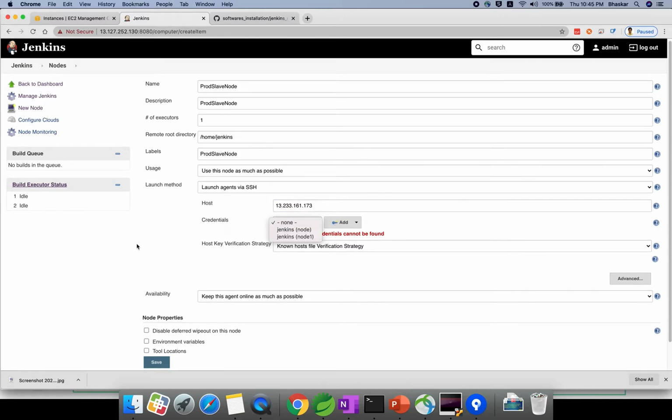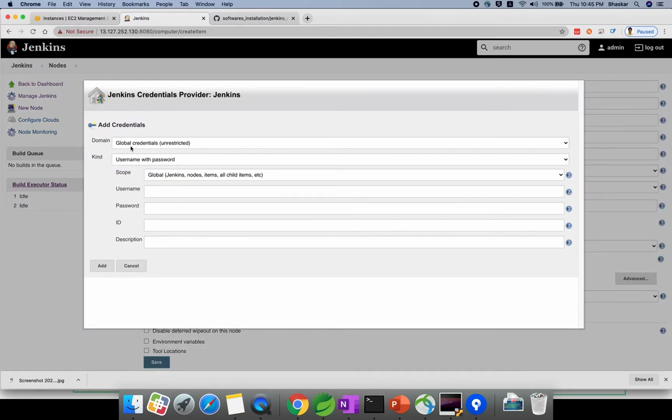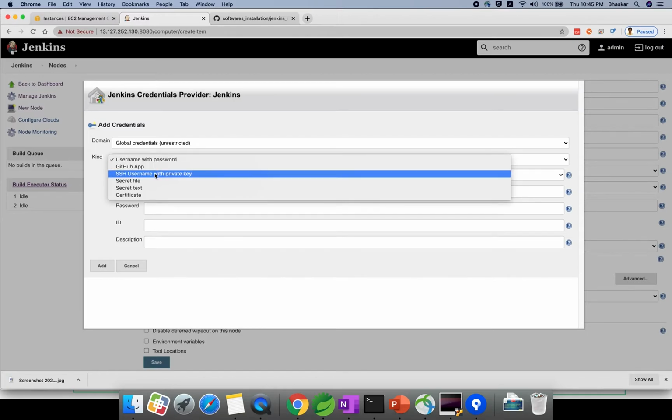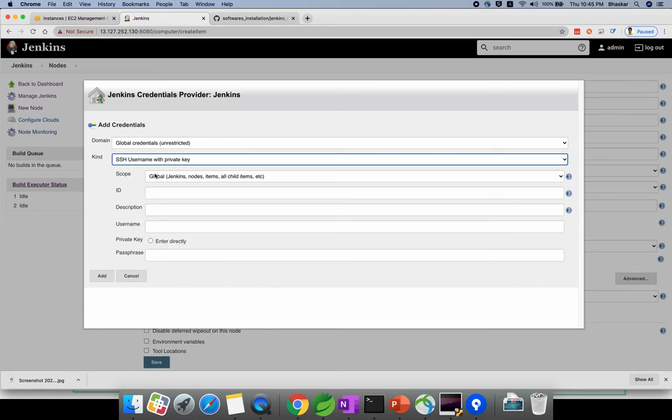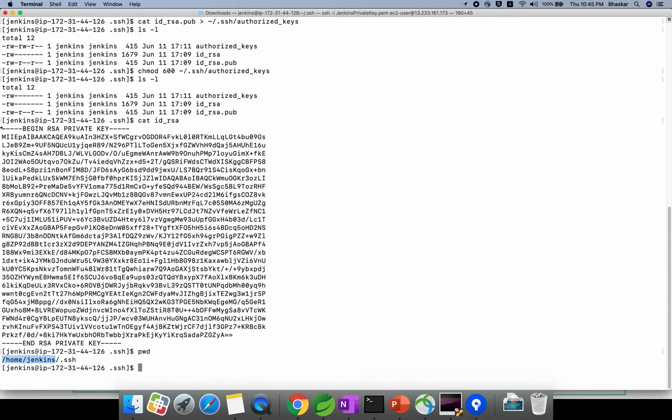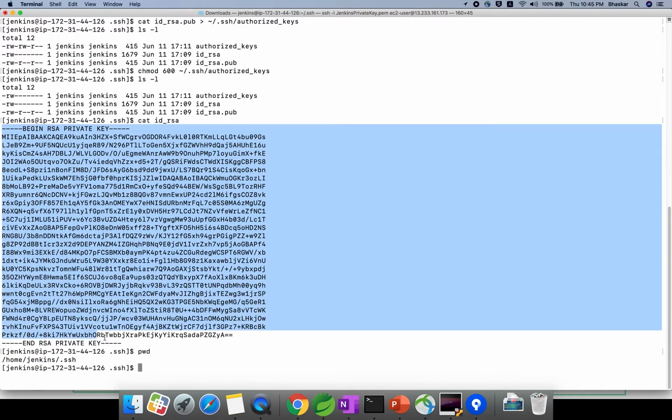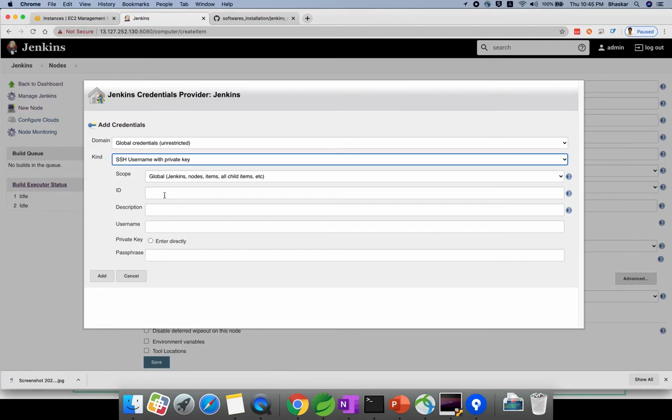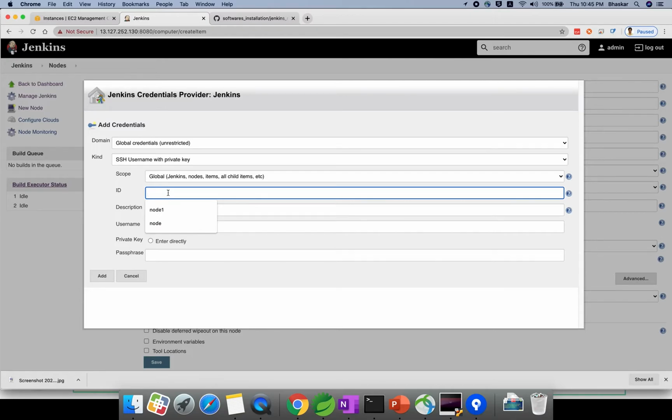Now you need to add your credentials. Go, add Jenkins, global credentials. The kind you need to provide is username with private key. Why? Because we created one private key, right? If you see here, this is your private key. Just copy this private key, and we will paste it there. Now the ID, you can give whatever ID you want.